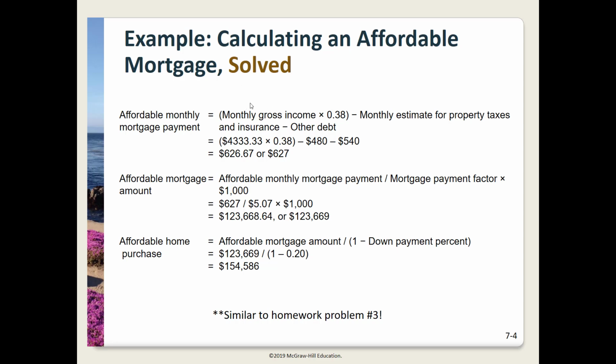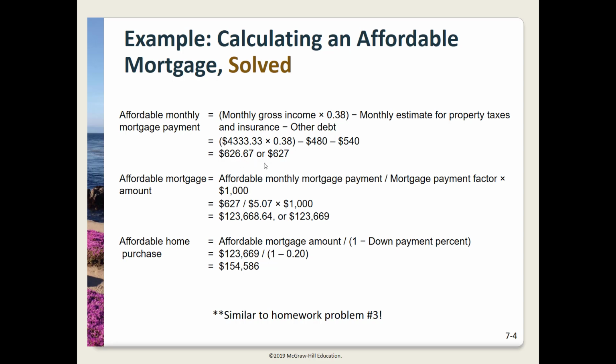So in our first part, what we'll do is we'll take our monthly gross income, and recall that it was 52,000 in the story. So to get the monthly gross, we have to divide by 12. So that's where I get the $4,333.33. And then we'll multiply it by the 38% or the 0.38 that the lender provided. So I'm multiplying by 0.38. Then I'll subtract our property taxes and insurance as well as any other debt. So that's the minus the 480 and the 540. So we get